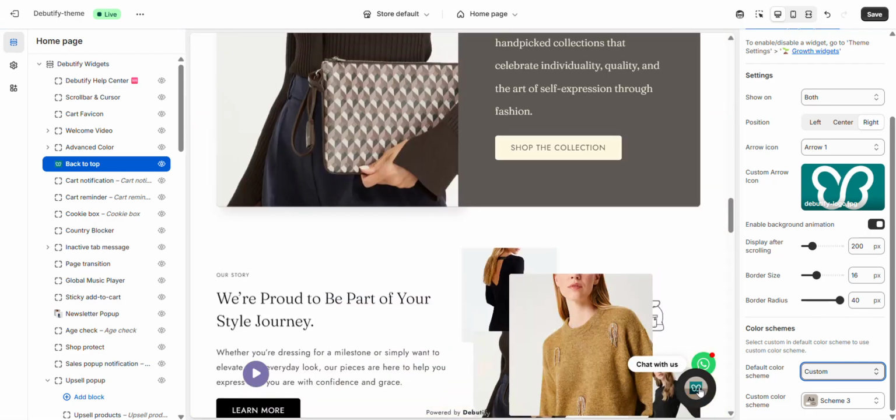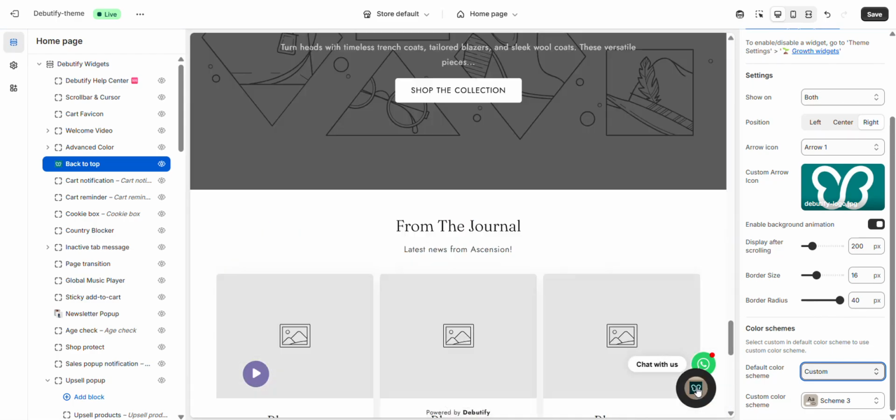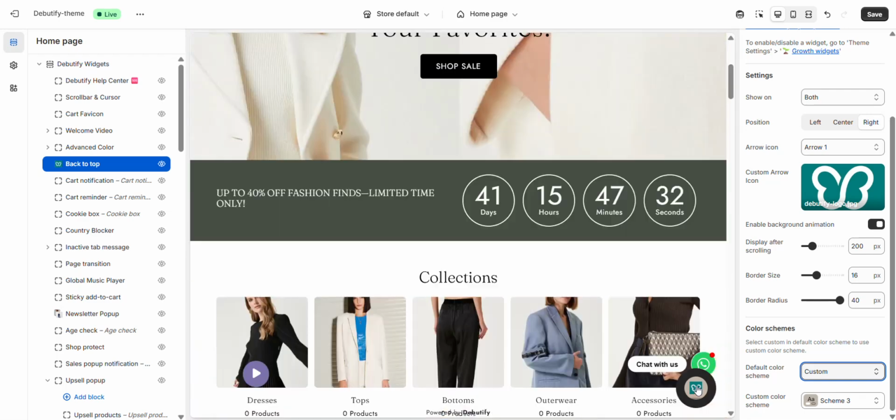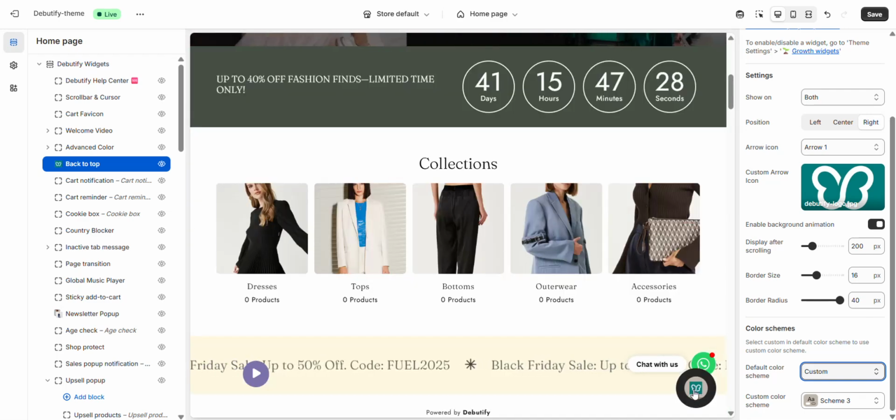And that's it! Once you've customized your settings, preview your store on both desktop and mobile to make sure your back-to-top button looks great and functions smoothly. The back-to-top widget may be a small detail, but it makes a big difference in